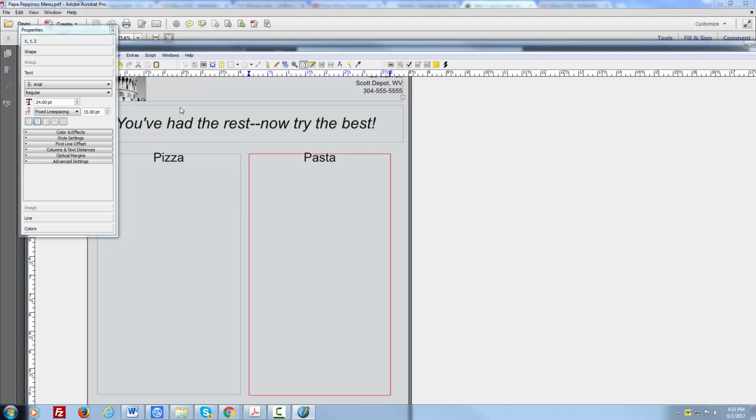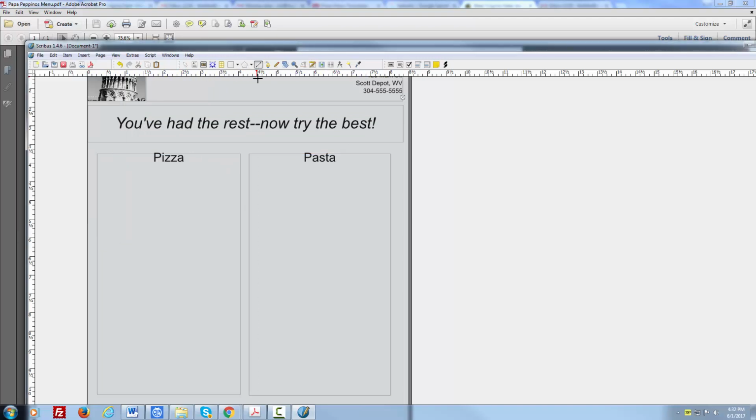Now the other thing I want to do, to see what I was doing in my final version, I want to put in a line that just cuts the headings off from the other part of the menu. And then let's try the copy again. All right, that worked, I think. Yes. All right, so we've got a